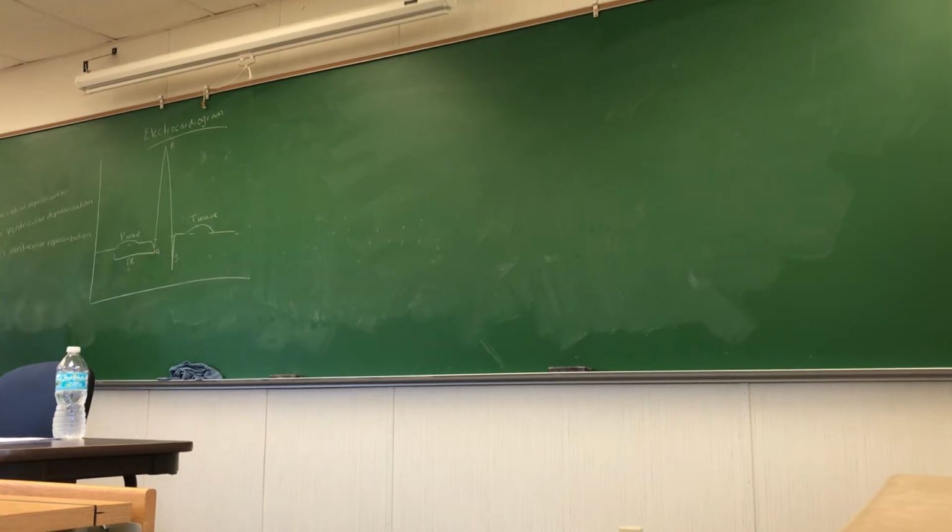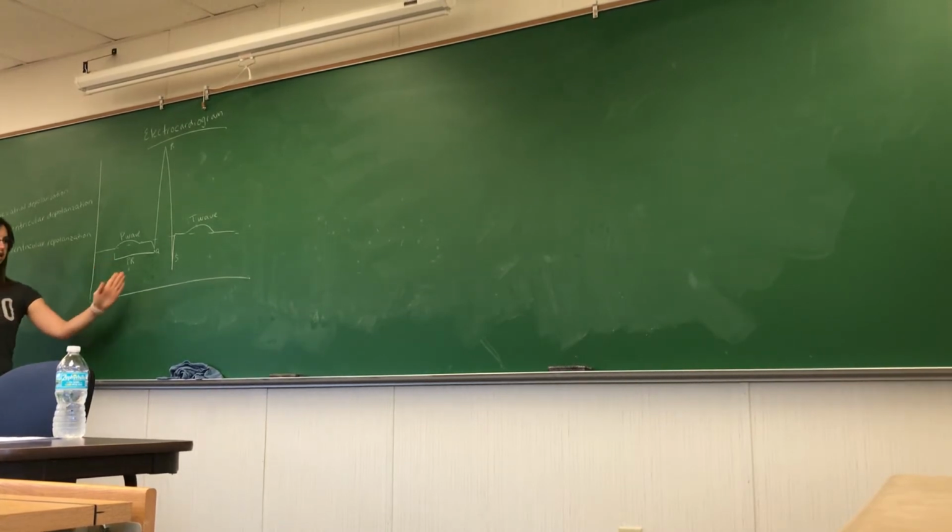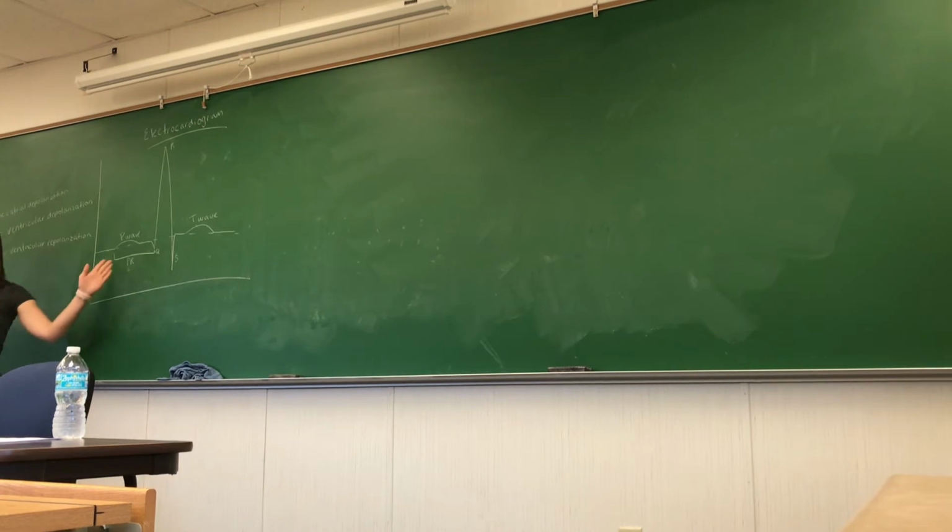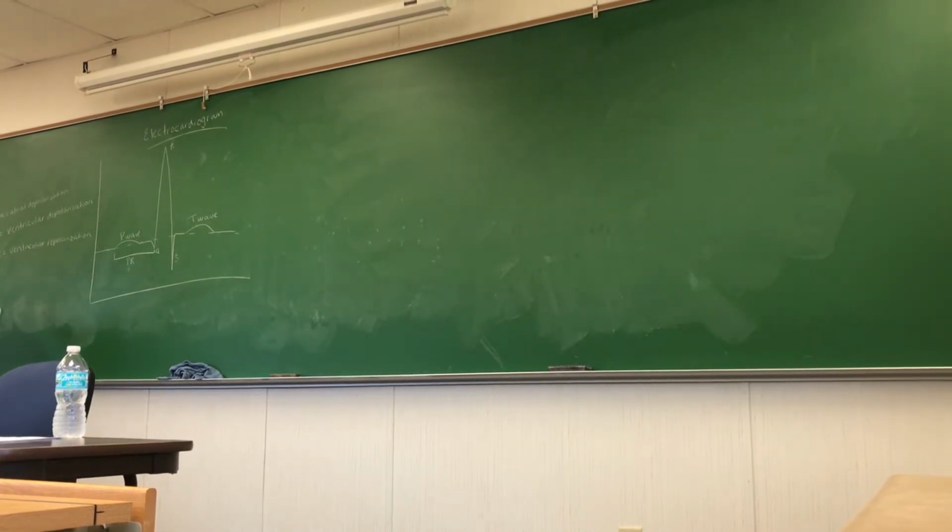Because they don't contract at the same time. They kind of go dun, right? You know how you hear the lub dub? The atrium contracts first, and then the ventricle. So that's important, to be able to analyze and look at. So the PR interval is